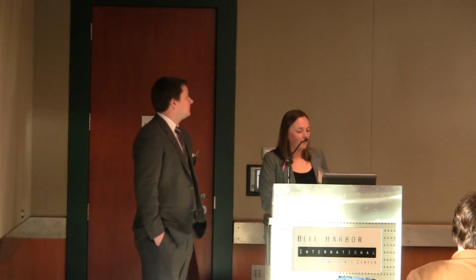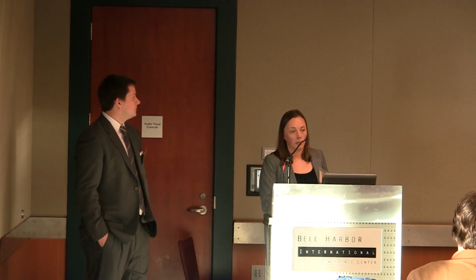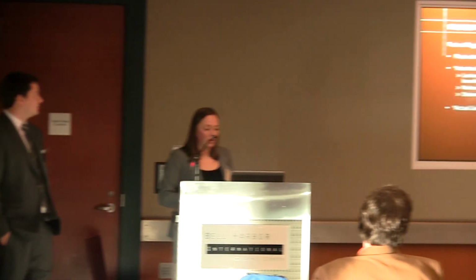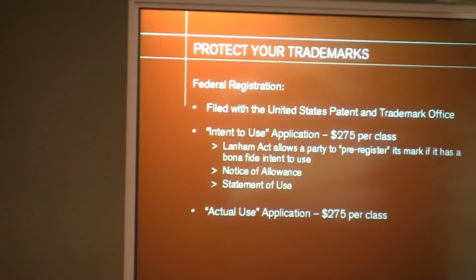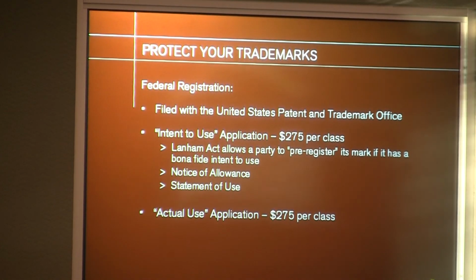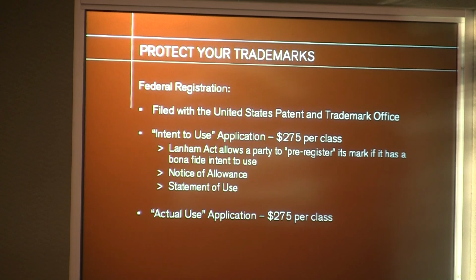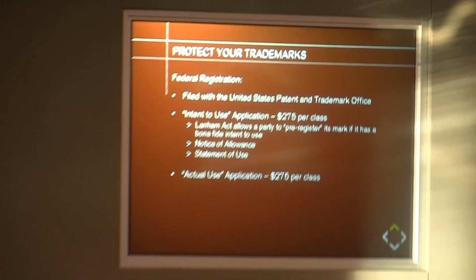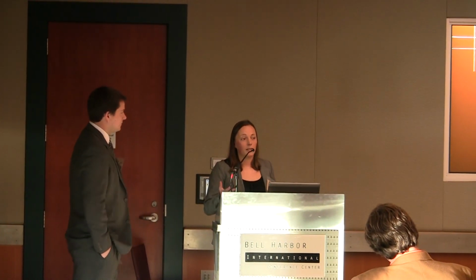So let's talk briefly about federal registration instead of the state registration, and some people do both. When you file with the USPTO, as we talked about, you can file an intent to use application or you can file an actual use application depending upon whether or not you've used the mark yet with those goods and services. But as we saw from state where it was only $30 or $55, here it's $275 per class. And that's somewhat misleading because oftentimes you're filing in 5 or 6 classes, and multiplying that by $275 adds up very quickly. And then if you're having an attorney involved, there's some hours there as well. So that's why people go the state route oftentimes initially and then sort of branch out from there.